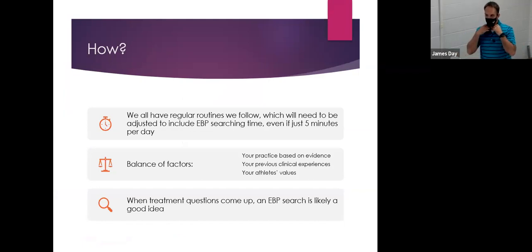So with that, a couple of strategies or thoughts on how to make a new habit. With this, it really just starts with this idea of consuming new information on a regular basis. When you think about it,